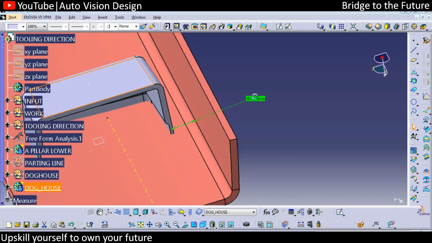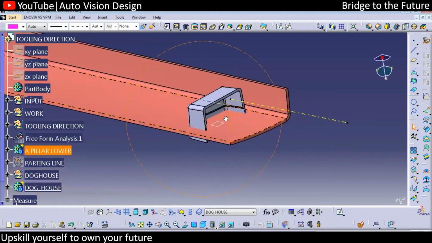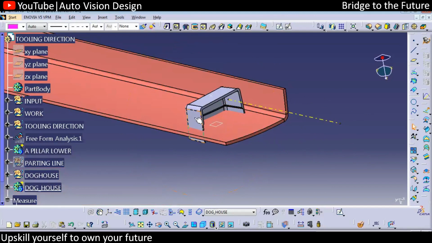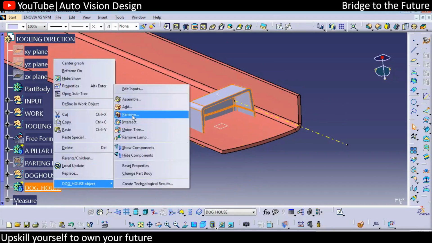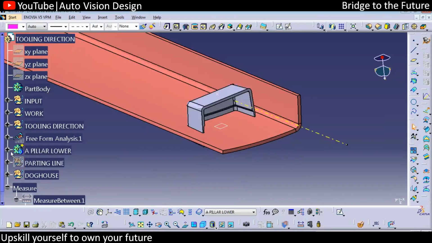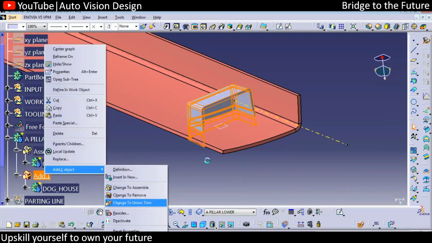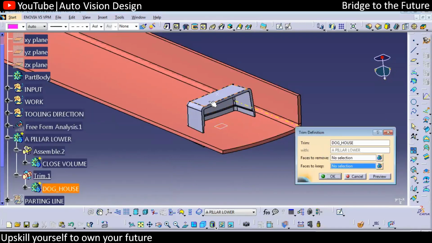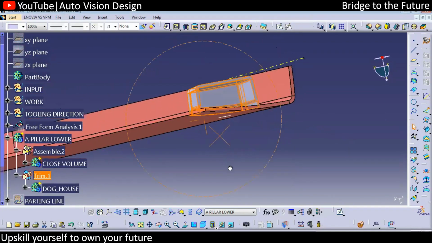Okay, so here you can check for now. This Doggos we have created. Now we need to check with the draft analysis. For that we're going to add this Doggos over here, just for checking. You can just go for add, click here, and then we need to do union trim. With respect to that, we can just keep it over here. On the bottom, whatever is here will get removed.